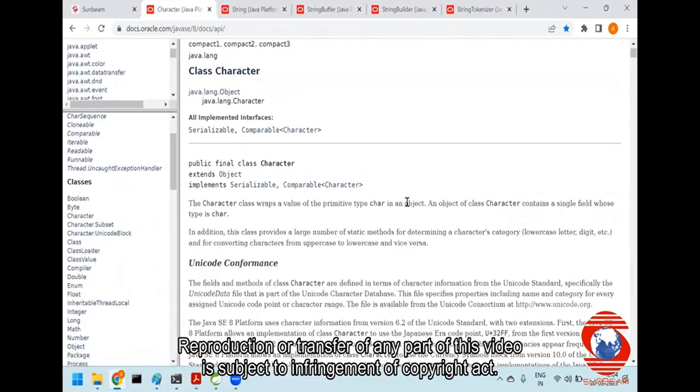So if I say small char, it will be a primitive type. If I say capital Character, it will be a non-primitive type. Small char is of value type. Capital Character is of reference type. Correct? Next. Whenever you are talking about character sets, do you know which character set you have seen